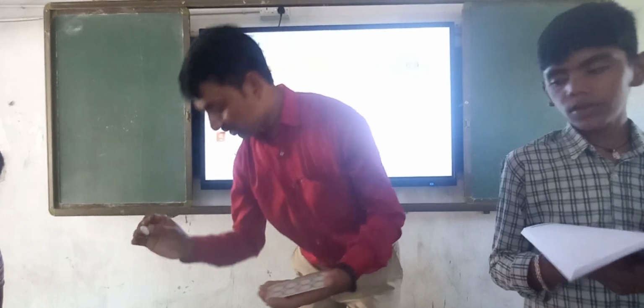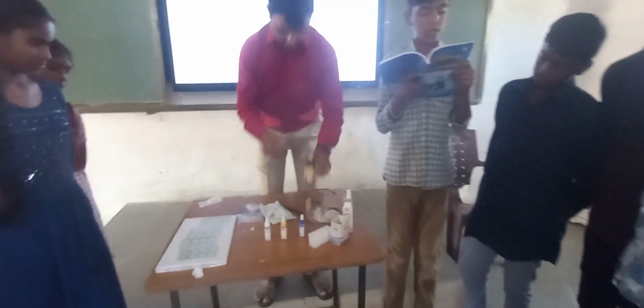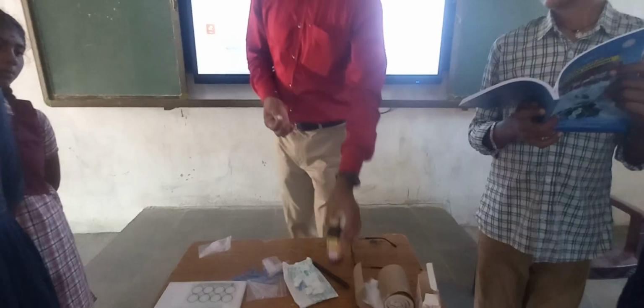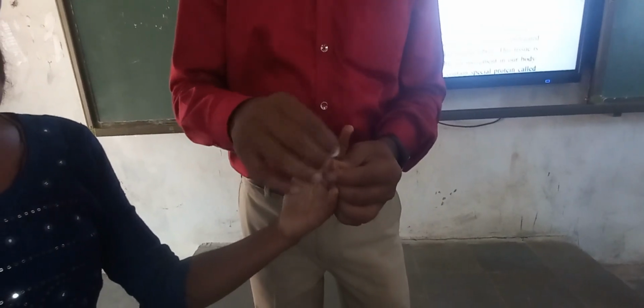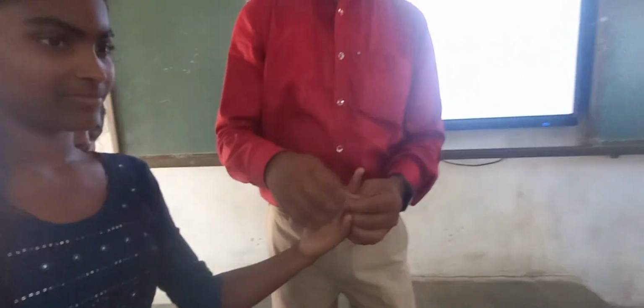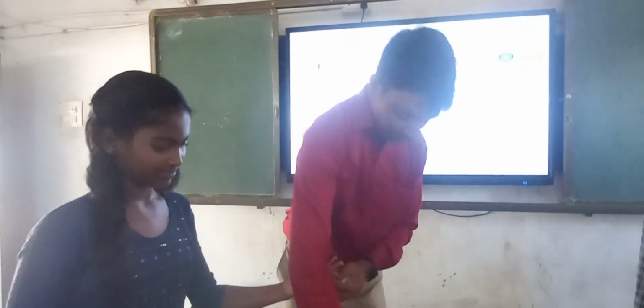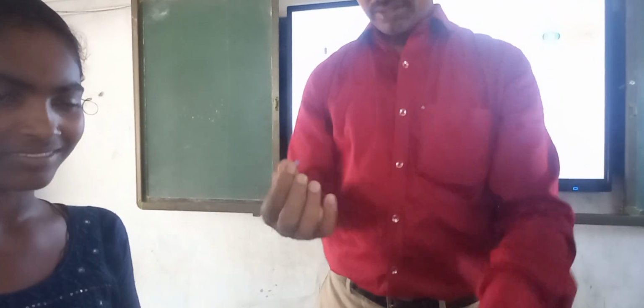Then we have to throw it in the dustbin. Next, use the lancet to prick the fingertip to obtain blood. Now we have to take an alcohol swab, cotton dipped in alcohol. We have to take one girl. We have to use the left hand ring finger only. Why should we use this alcohol swab? Because of any microorganisms. Then hold it. Now I am taking the lancet needle. You can see, single use only. So we have to prick like this very slowly. Then we have to throw it in the dustbin.